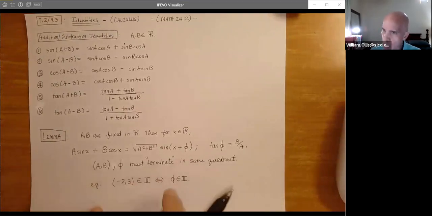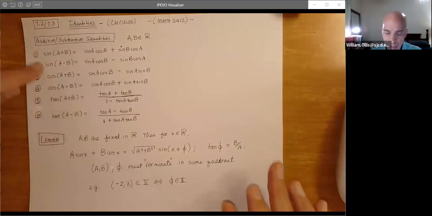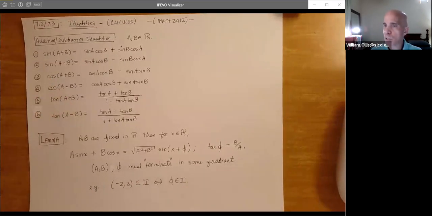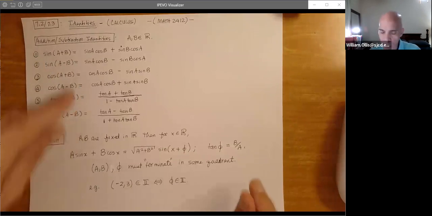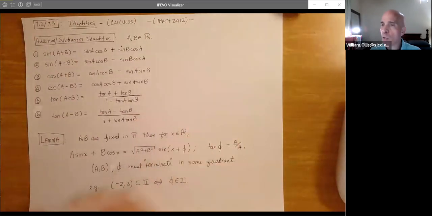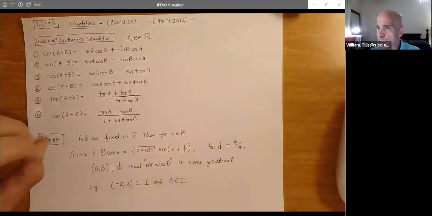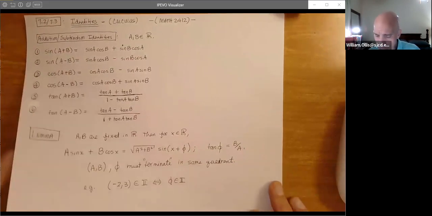So let me do a couple of examples with these. Look at these new guys right now as just ways to do computations. For instance, if you take an A and a B that are already on the unit circle, you can make combinations here to get other exact values. So this basically broadens what we can do in terms of exact values, but it doesn't mean we're going to add new points to the unit circle. We're fine with the unit circle. It has what we need. And if it were more cluttered, we wouldn't be able to write it down anyway. So let's do a couple of examples.